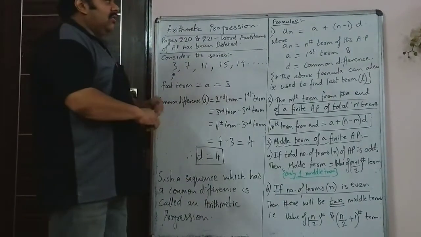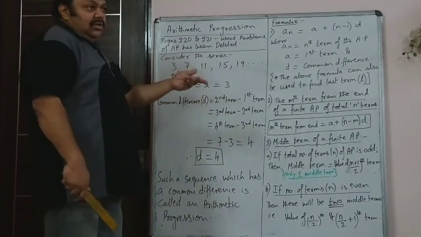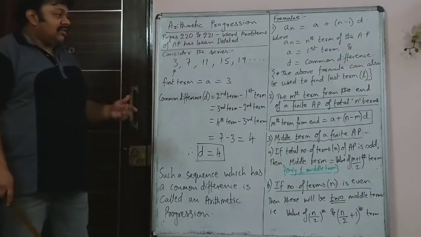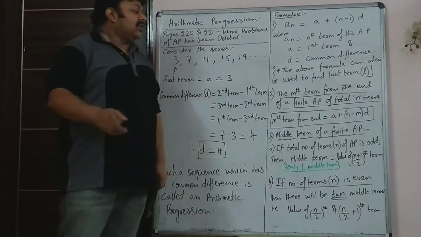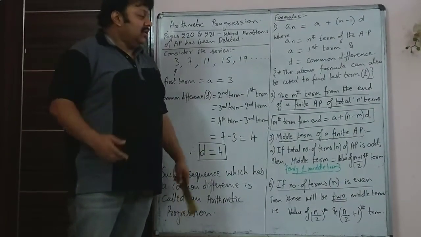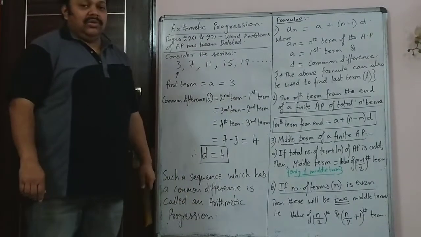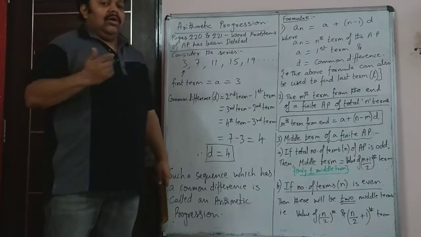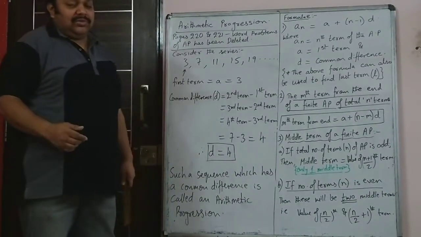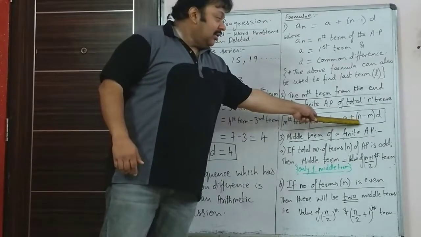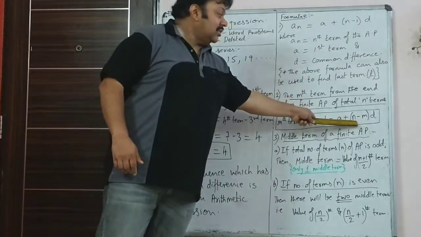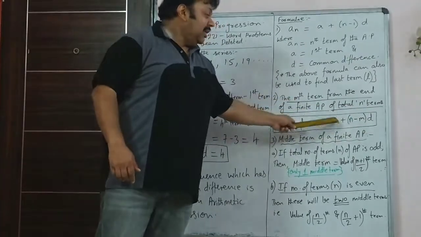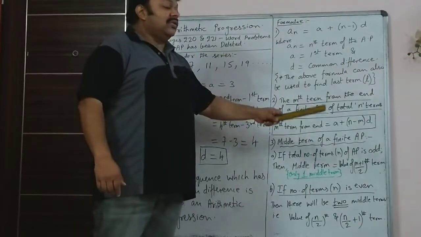Instead of the last term, in a series of 100 terms it means n is equal to 100. Now, sometimes they ask you to find the nth term from the end of a finite series having a total number of n terms. So let's say you are asked to find the 10th term from the end of a series of 100 terms. Then the number of terms is 100. The 10th term from the end means (100 minus 10), 90, into D plus L. That would give you the nth term from the end.